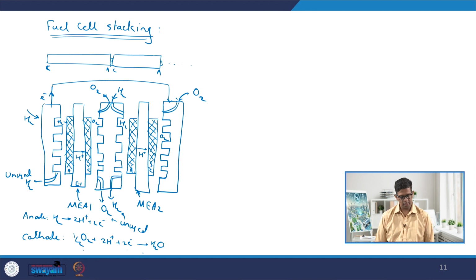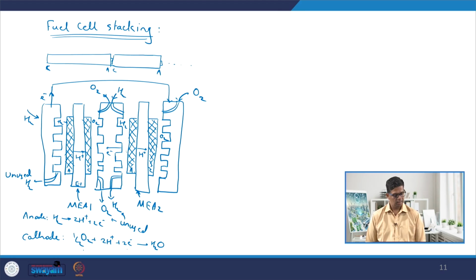What is left here is how the cathodic reaction of the first cell takes place. If we look at this first cell, we have protons coming from the anode of the first cell. The electrons are already out in the external circuit. In order to process the cathodic reaction at the cathode of the first cell, it needs electrons, and those electrons are basically given by the anode of the second cell. So, when the anodic reaction of the second cell